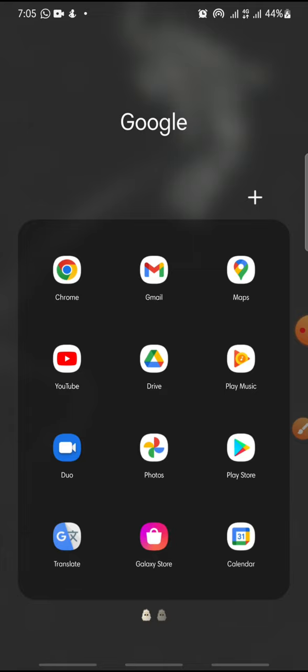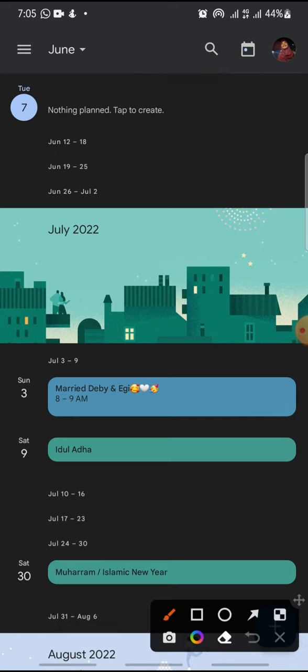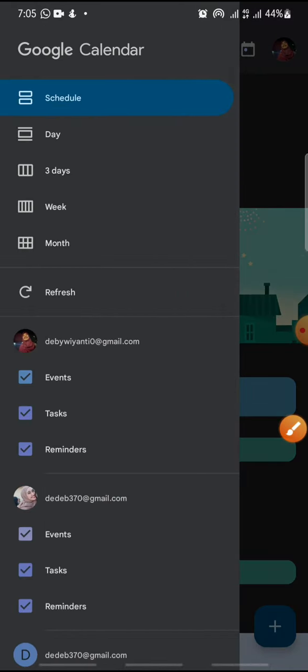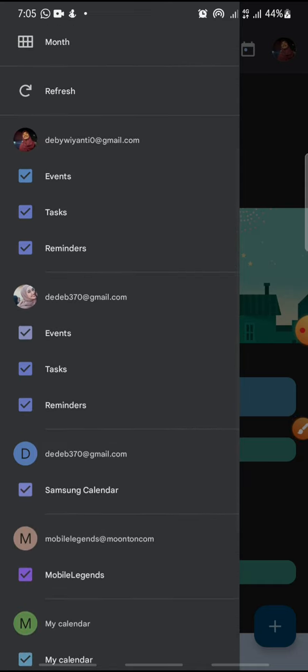Now let's get started. First, open your Google Calendar app, and then in here, it's so simple. You just click on the three lines icon at the top left, and then in here you can swipe down. If you want to hide all reminders, you just